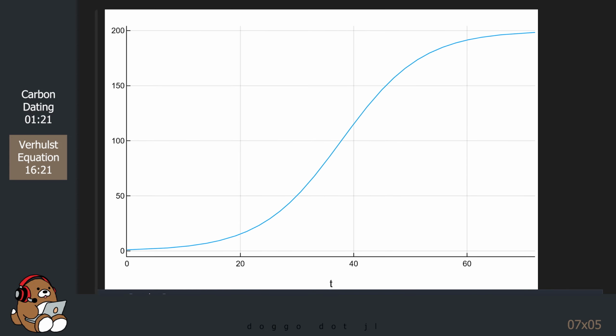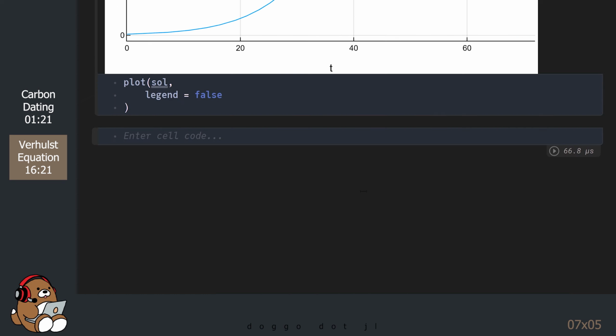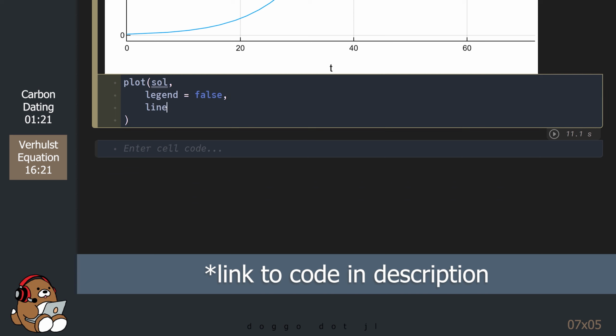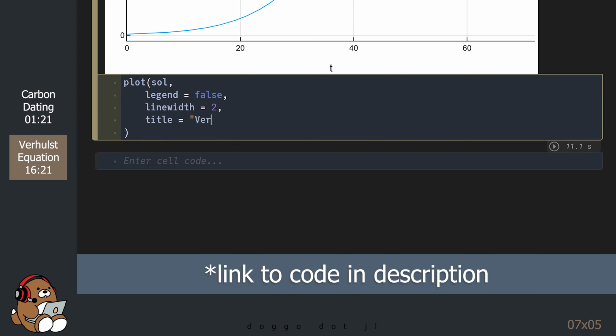Ta-da! Congratulations! You have just plotted a logistic function. The x-axis is time in months, and the y-axis is the population of rabbits. Let's add some attributes to our plot to make it a little more presentable and to lock the values in the axes.